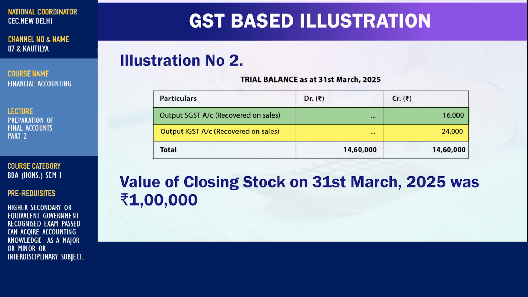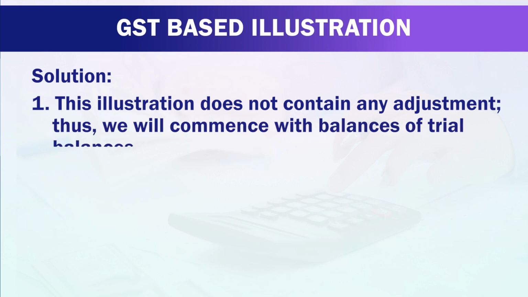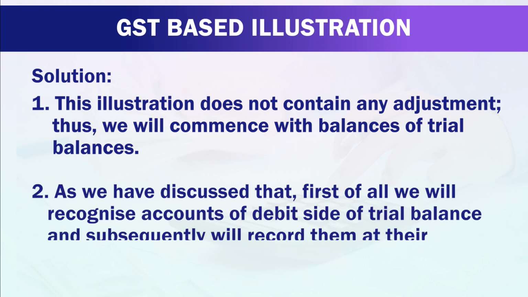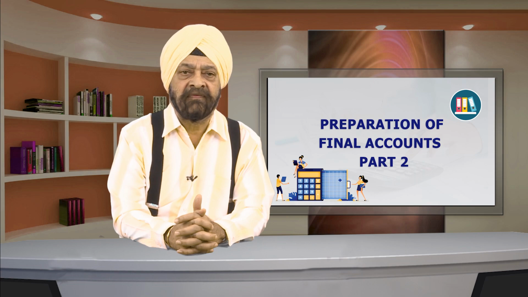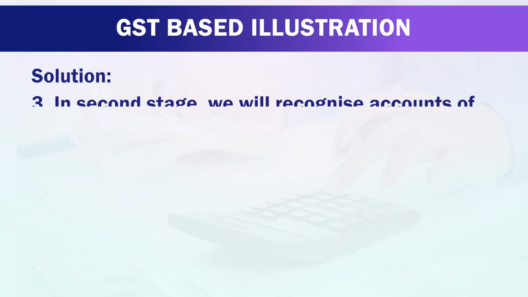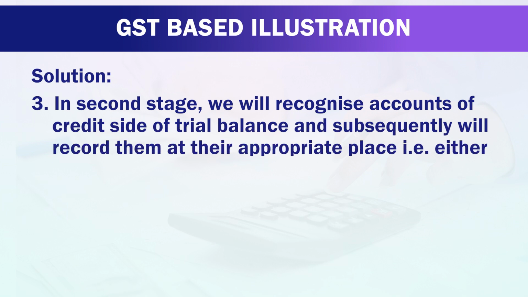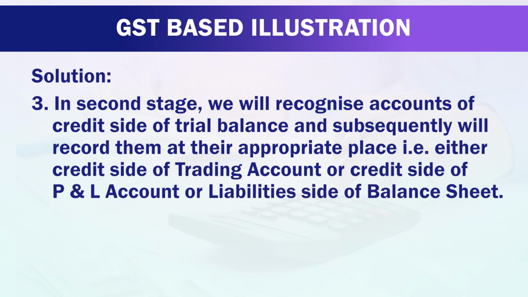Now, friends, we will see the solution. This solution does not contain any adjustment, thus we will commence with the balances of the trial balance. As we have discussed, first of all, we will recognize the accounts on the debit side of the trial balance, and subsequently we will record them at their appropriate place, that is either the debit side of trading account, or the debit side of P&L account, or the asset side of balance sheet. In the second stage, we will recognize the accounts on the credit side of the trial balance, and subsequently we will record them